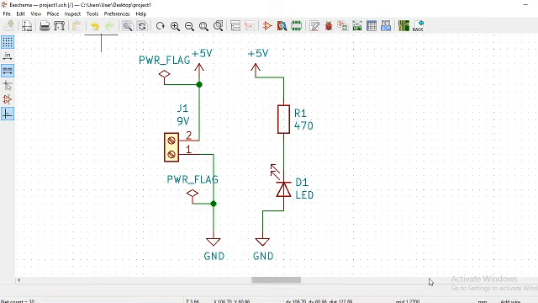Now the footprints are assigned, and the netlist file is created.